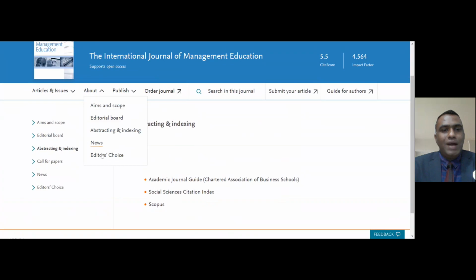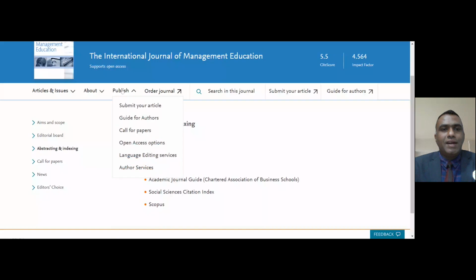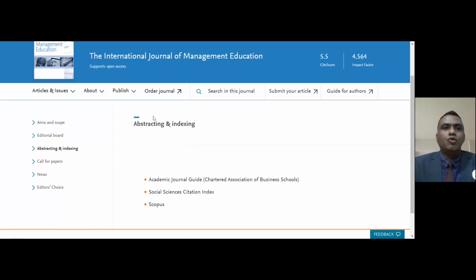And here also you have some of the news and the editorial choice. And you have details with regards to submit your articles, guide for the authors, call for papers, open access options, language editing services and other services. Under submit your articles, you will be able to use the exclusive software where you can submit your research article by selecting various terms and conditions. And the guide for the authors will provide you various manuals on how you are supposed to